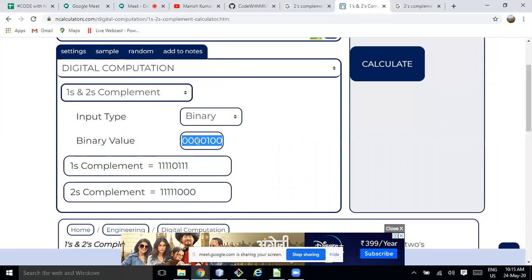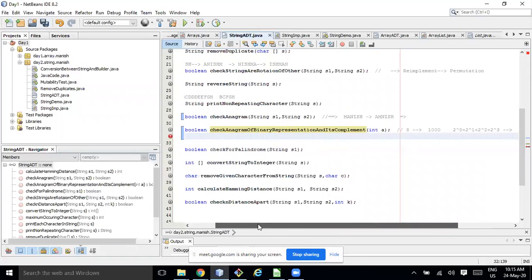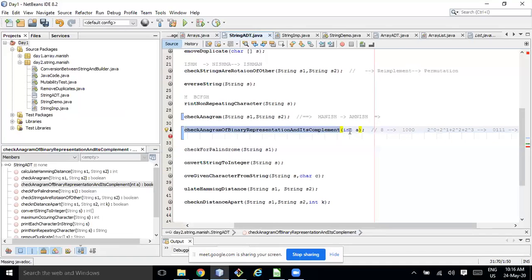Okay, so I'm just checking now. If I am saying a number 8 and its 1's complement, or let's say 2's complement. In the case of 2's complement, if I have number 8, then 2's complement of 8 is again 8, right? So now we will be checking whether 8 and its 2's complement are anagrams of each other or not.